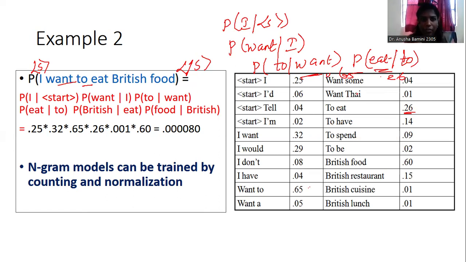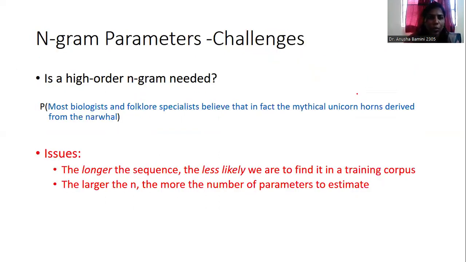A sentence would be given to you, so that you have to assign a start and end string or end tag. Split every word with the previous occurrence of word. The probability would be given in the question. You just take the probability, substitute, and multiply, and you will get the answer. Okay, so the second kind of problem would be,